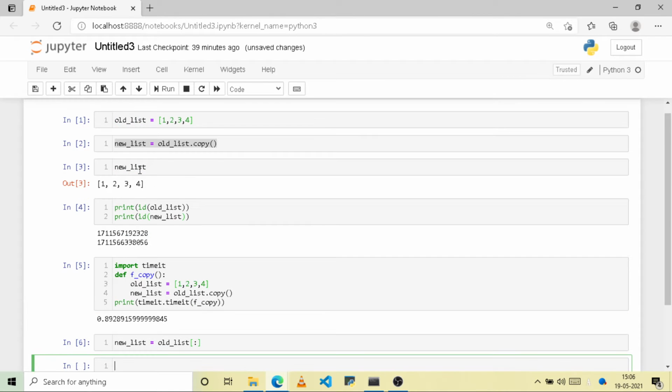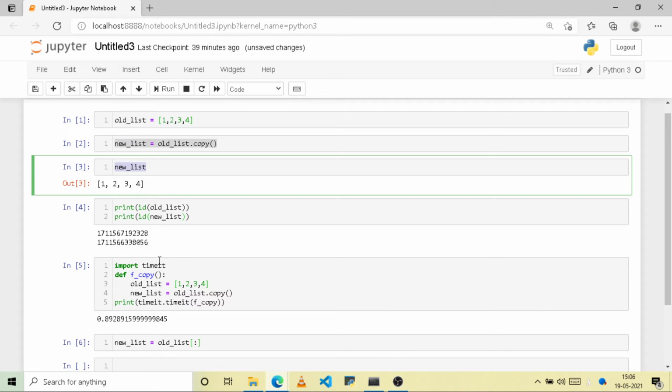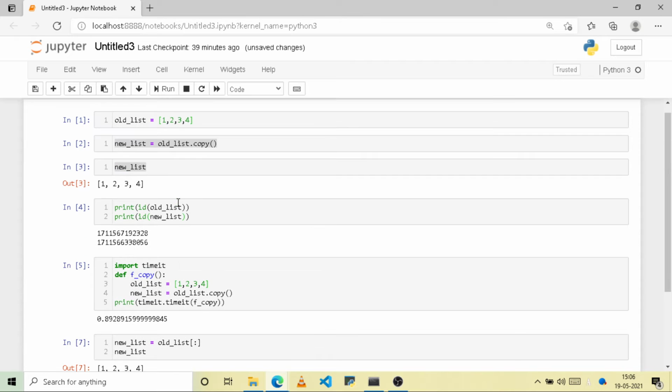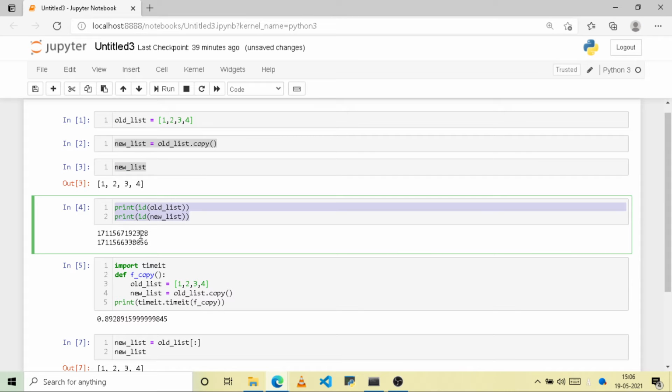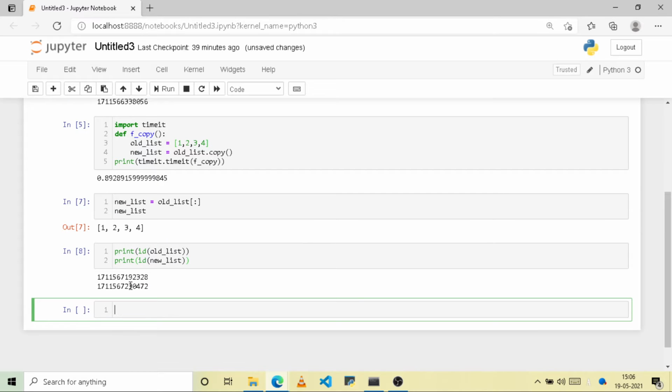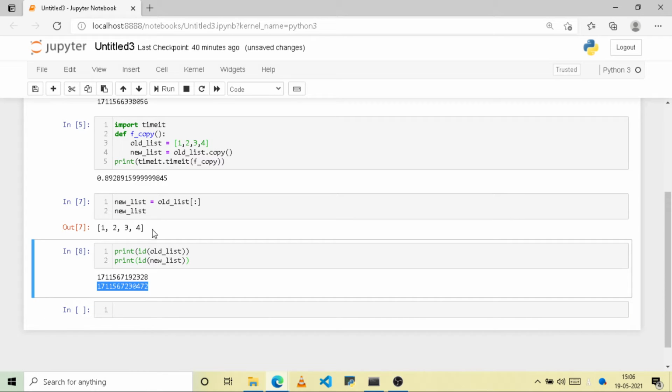Okay, now let us see what it contains, and what the object IDs of both old list as well as new list are. As you can see, both refer to two different locations or two different objects.